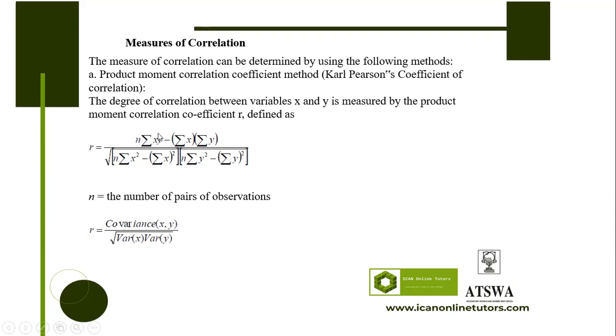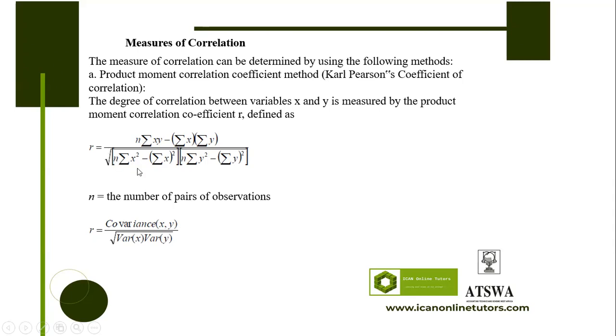So N summation XY. When they put XY together, it means multiplication, X times Y, minus, in brackets, summation X times summation Y, over the square root of,